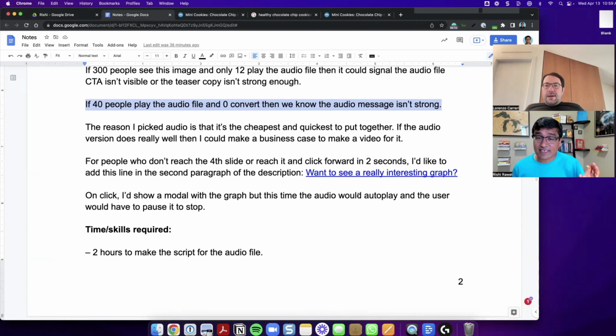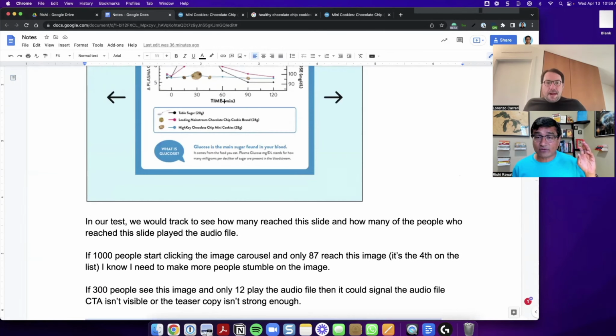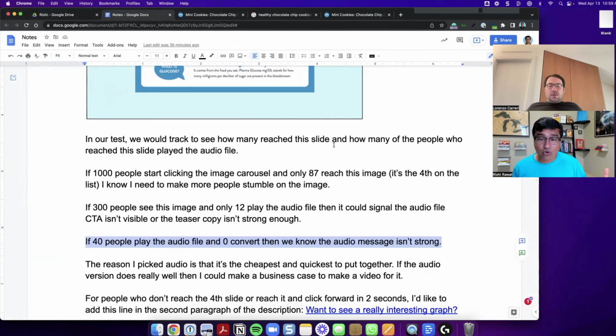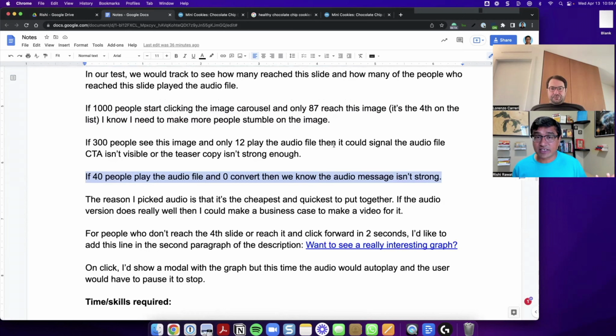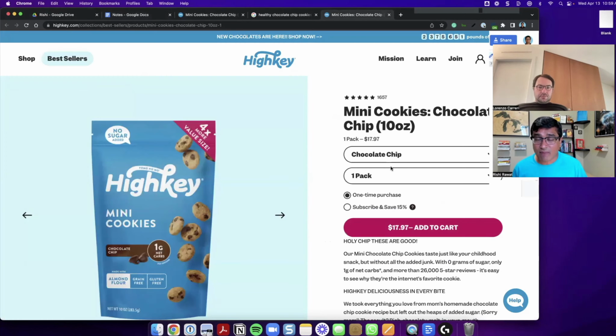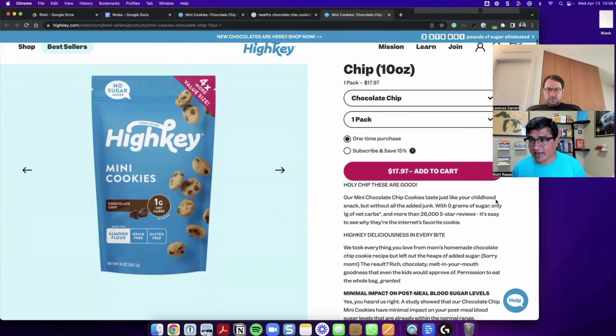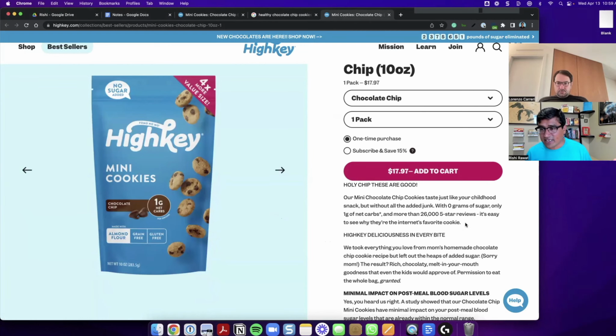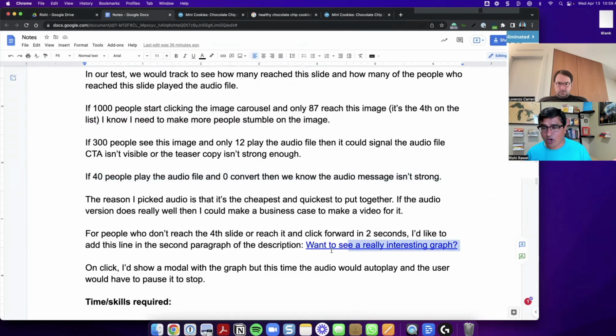So the challenge is that if people don't get to this fifth screen, then how do we know that they are actually discovering this content? So my idea is that, and I'll make this a little small, over here, I would add a hyperlink, and that would simply say, want to see a really interesting graph? And we're showing this copy conditionally. That means that if someone comes to this page,